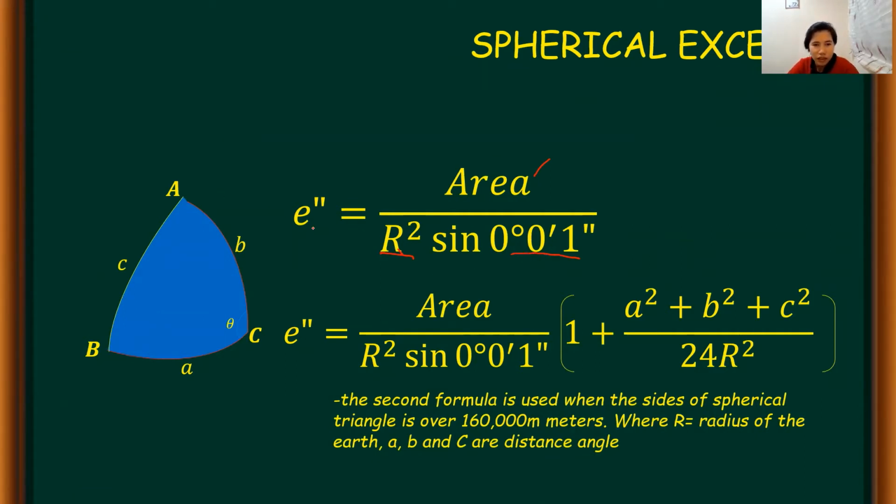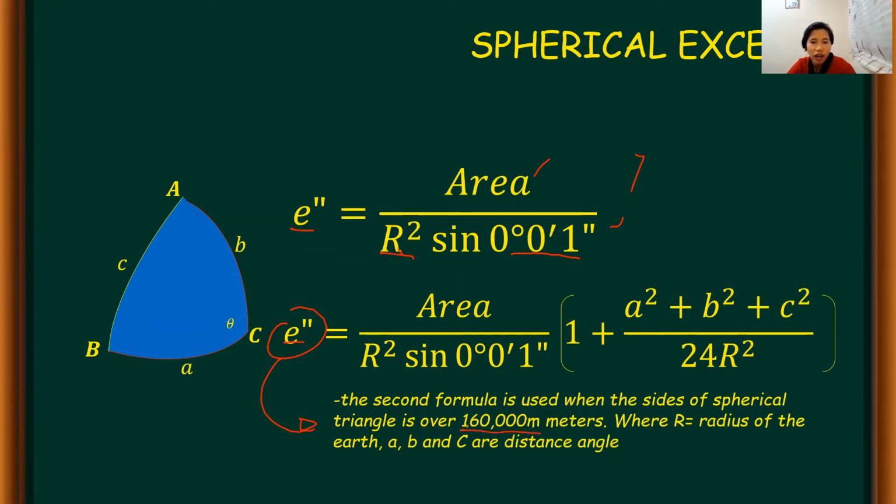So another formula to compute the spherical excess is this one. So we have medyo complicated. We have here area mismo ng spherical triangle over r squared sine 0 degrees, 0 minutes, 1 second. So it's similar to this one. But you need to multiply it with 1 plus a squared plus b squared plus c squared over 24 r squared. But this formula can only be used if pag nag more than 160,000